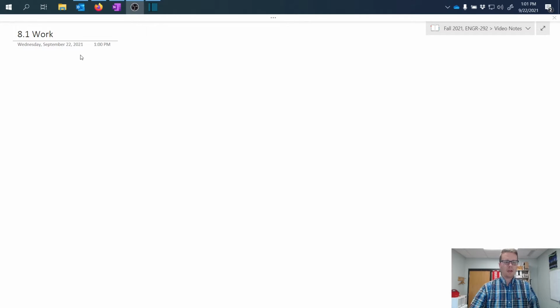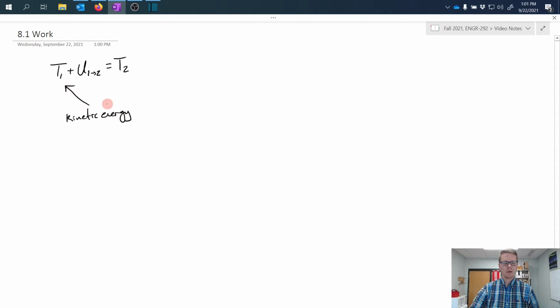So recall that when we talk about energy, we can use a base equation which looks something like this. And in this base equation, we have kinetic energy and we have work. So what this means is that T1 is the kinetic energy in some state, state 1,